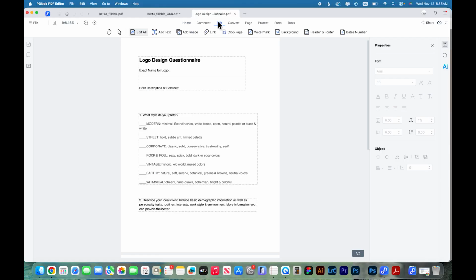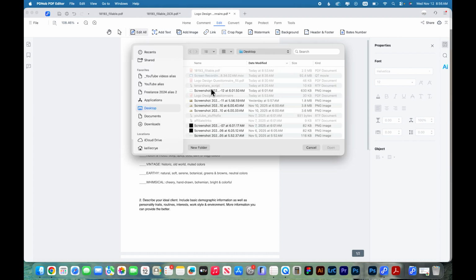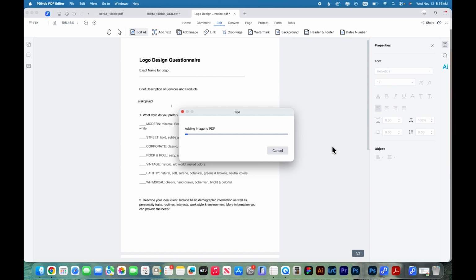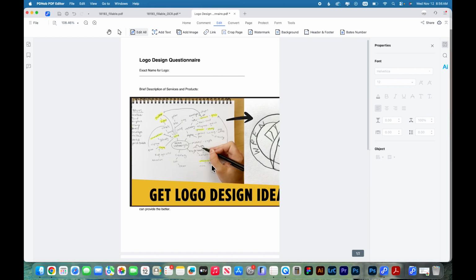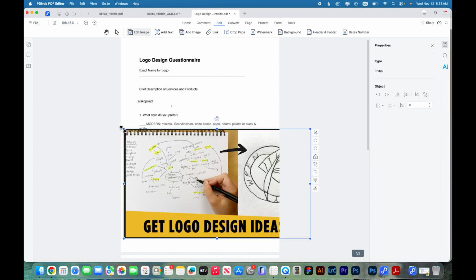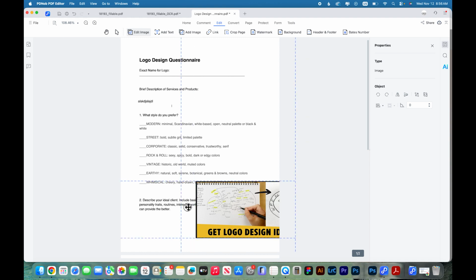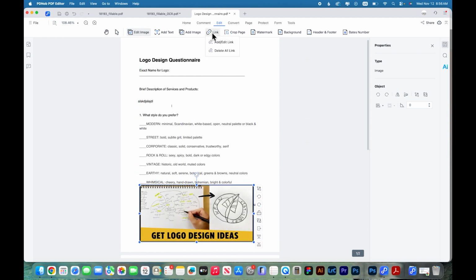So if I wanted to edit this PDF, I can go to the Edit tab. I can edit this text here. I can add a text box and then move it around. I can also add images. So at the top, click Add Image. Choose an image from your computer. You could drop it in and then resize it. You can also add links